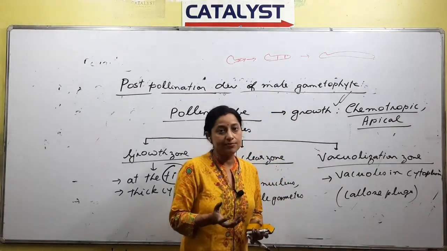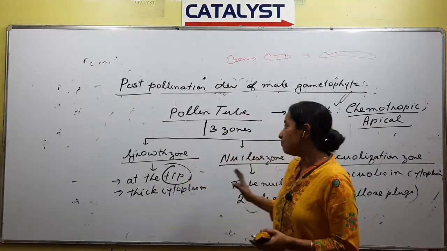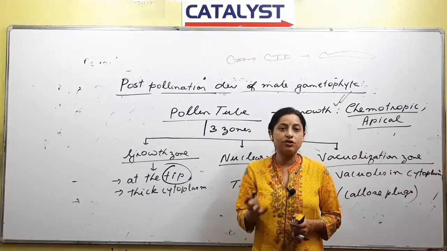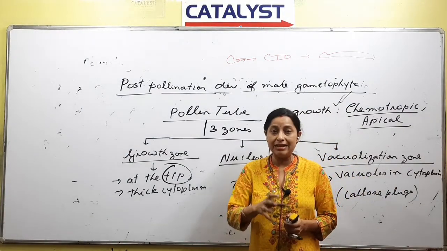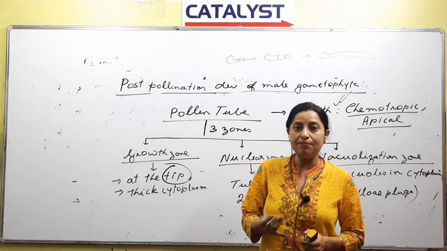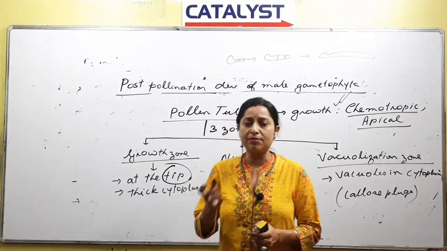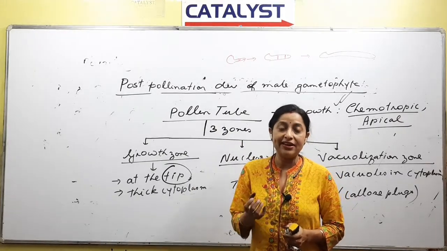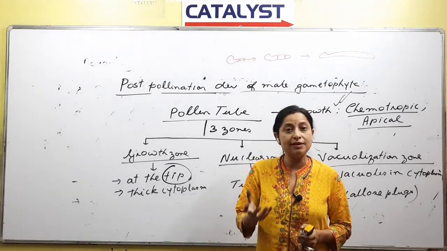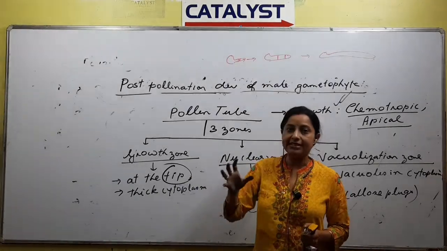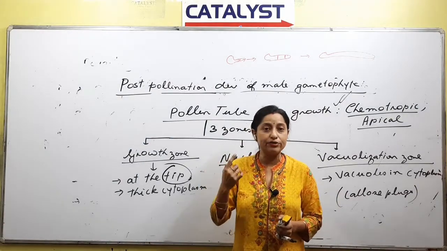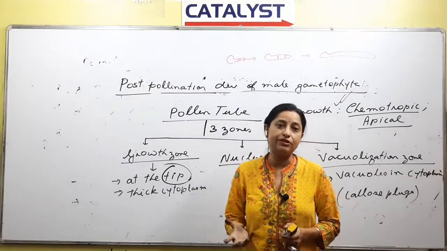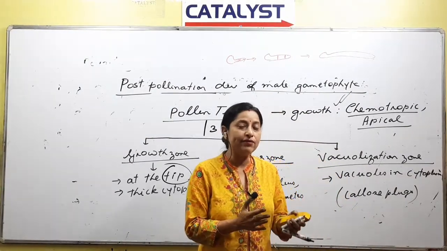So this is all the information about the development of the male gametophyte. Up till here, what we have studied is lesson 2, sexual reproduction. In sexual reproduction, the point is that we have to study in detail the male part and the female part of the flower. The male part is the androecium, the stamen. Ultimately, what we have seen is that we talked about the anther, and inside the anther what developed were the pollen grains. The anther has microsporangia that form microspores, and inside the microspores, ultimately, we have seen the development of the male gametophyte. So in one way, round what we can say is now the male